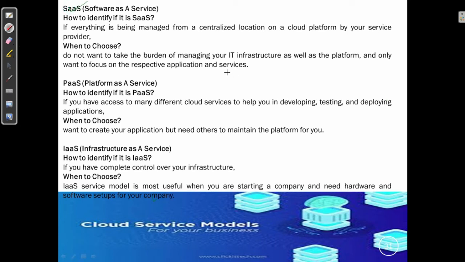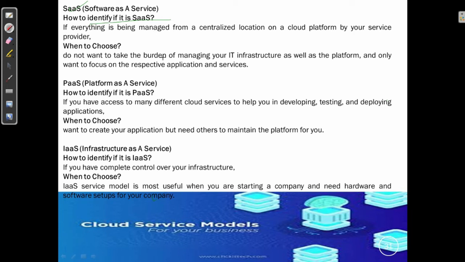So now I will quickly summarize what exactly we have learned so far, that is, what exactly SaaS, PaaS, and IaaS are. How do we identify that it is a SaaS? If we have to identify whether it's a SaaS, PaaS, or IaaS service, what is the thing that we need to see?